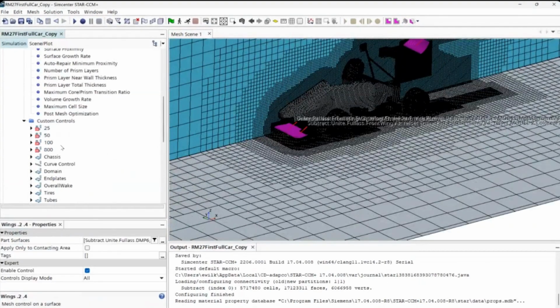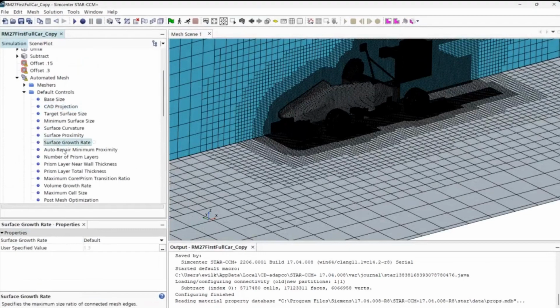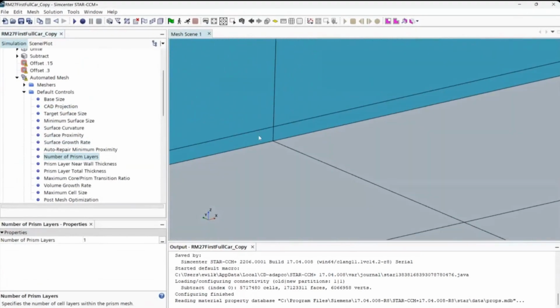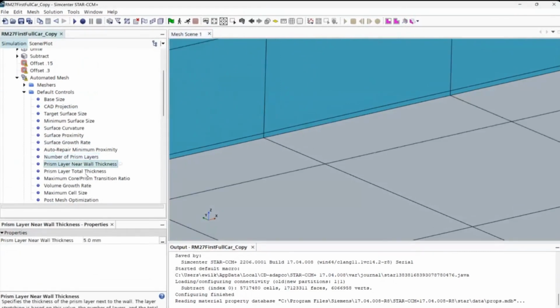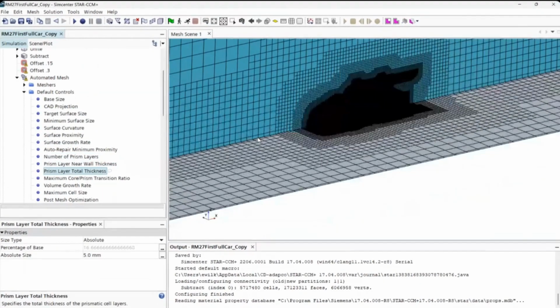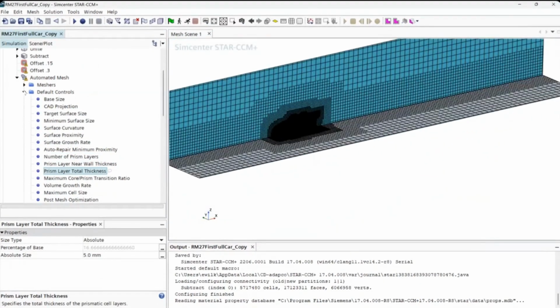That's essentially what prism layer means up here. Now, as you can see, if you go to prism layers here, you have 1, which is why you have 1 layer here. Thickness is just very small, it's just this. Now, let me close this and talk about